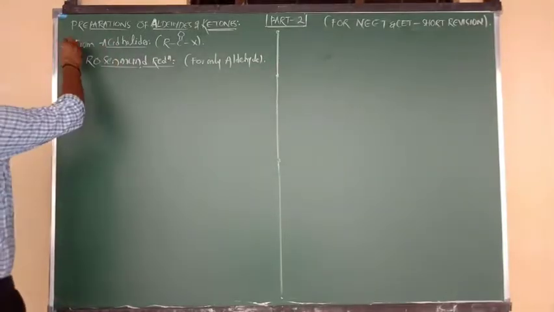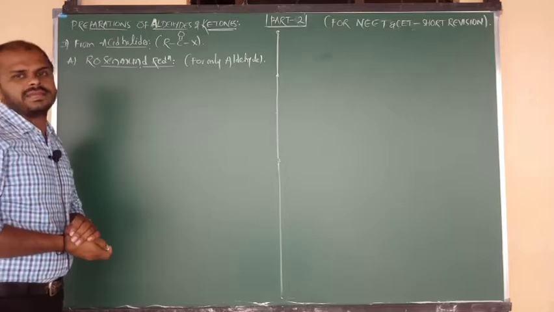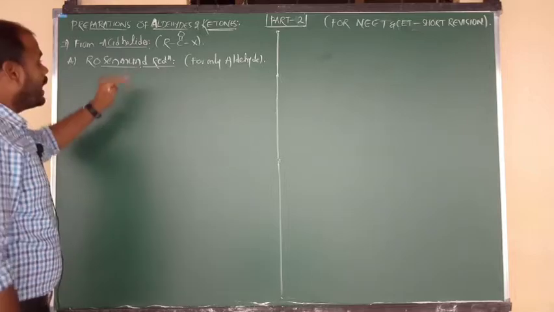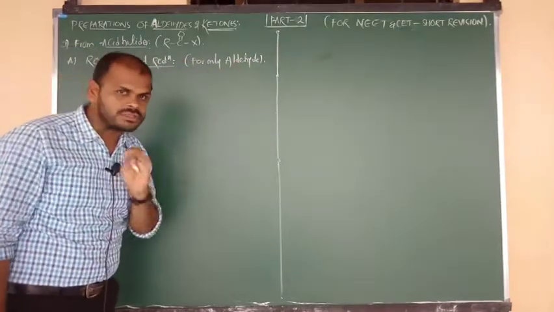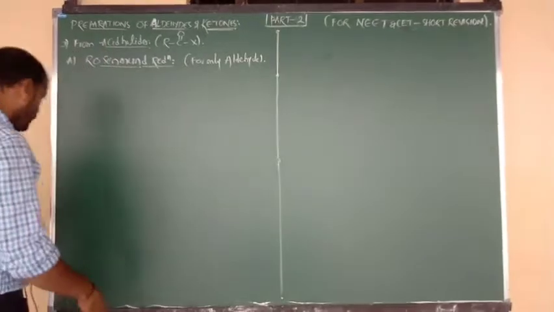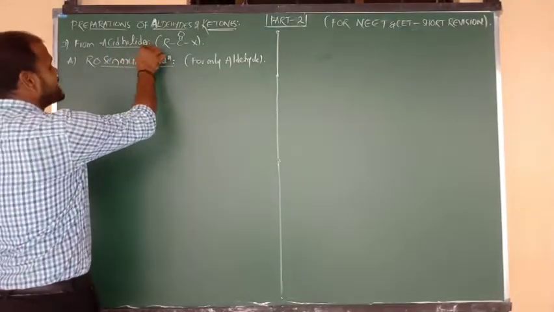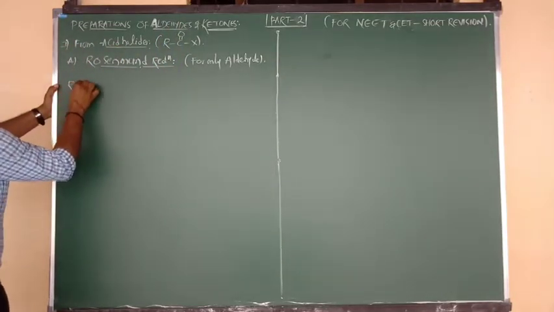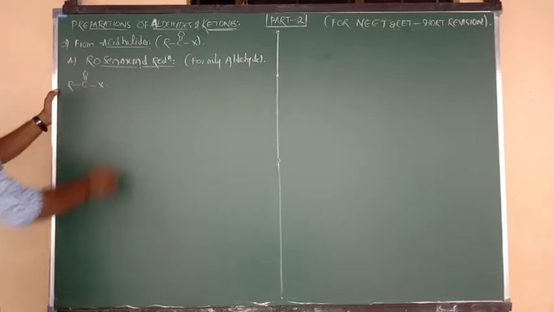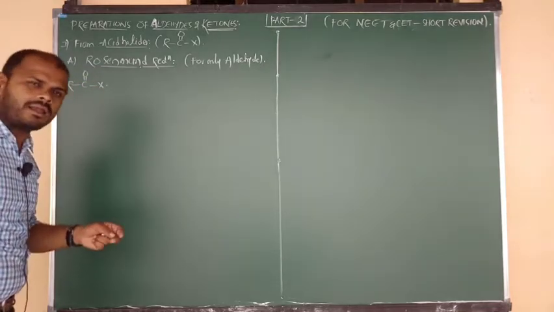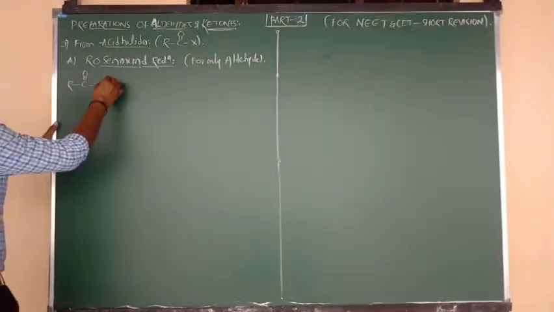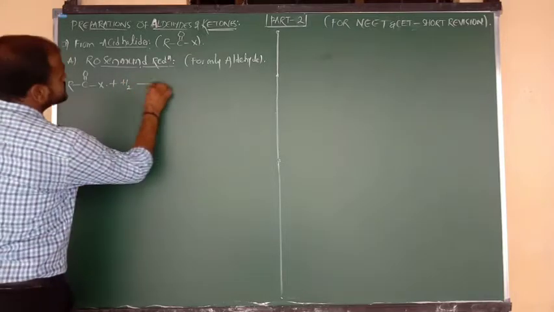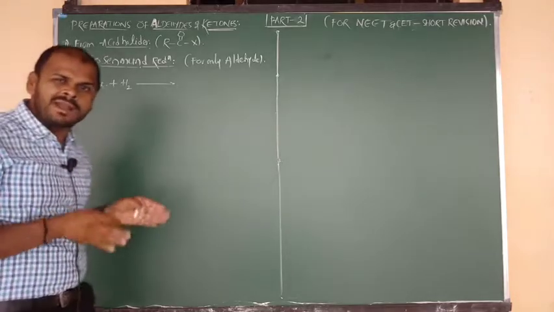Good. So first of all, from acid halides, how to prepare the aldehydes and ketones. Number one, the method is nothing but Rosenmund reduction. It is a suitable method for the preparation of aldehydes only, not for ketones. So by using Rosenmund reduction and acid halide, how to prepare the aldehydes. Acyl halides, the general formula is R bonded to C double bond O bonded to X. This is nothing but acid halide, and if you want you can say acyl halide. It undergoes reduction, nothing but addition of hydrogen. Addition of hydrogen takes place by using Rosenmund reducing agent.